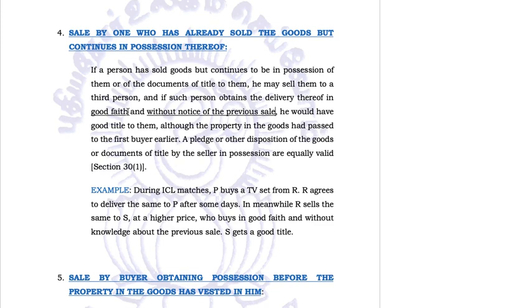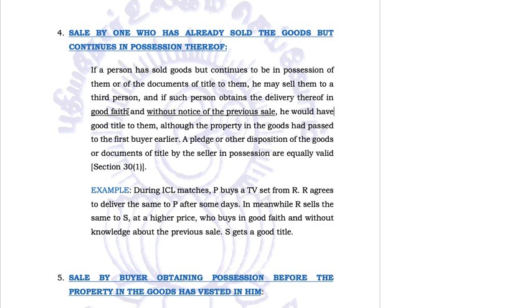So when the seller has the custody of the goods, he can resell them to another buyer, and the buyer would get a good title, because the buyer does not have notice of the previous sale, plus he is acting in good faith. So he goes to buy something from the seller. He assumes that the seller has the authority to sell those goods. He does not know that the seller has already sold those products. So whatever right he gets, he gets a good title over it, equal to the earlier purchaser.